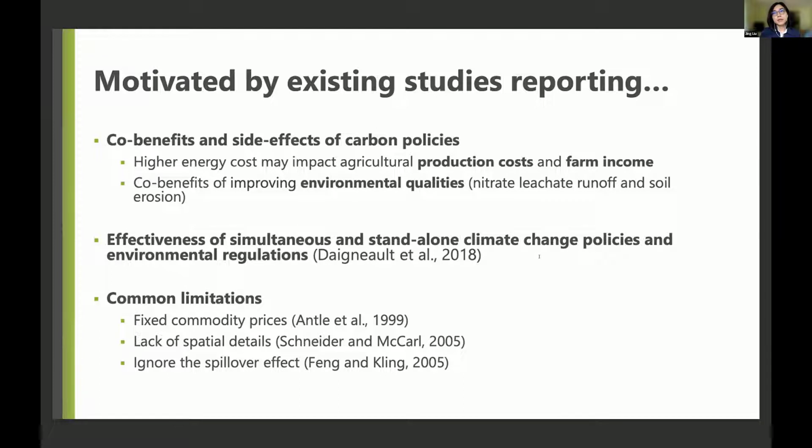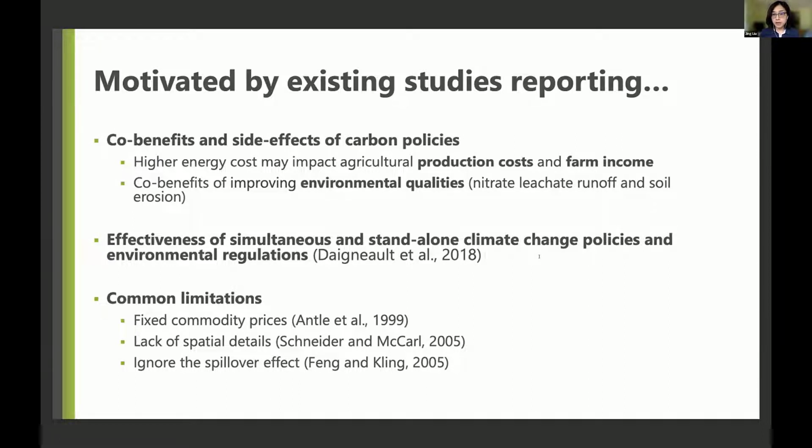There are a few papers that compare implementing the policies individually and combined. They find some policies, if you apply them alone, have some unintended consequences